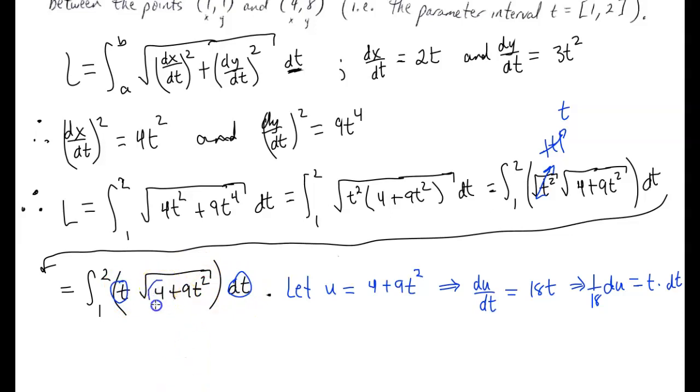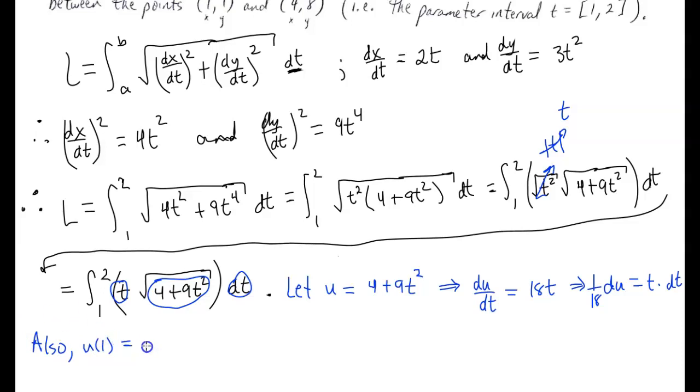Of course, we can rewrite all of this in terms of u. So the only thing that we need to deal with now is changing the limits 1 and 2, from being in terms of t to now being in terms of u. So also